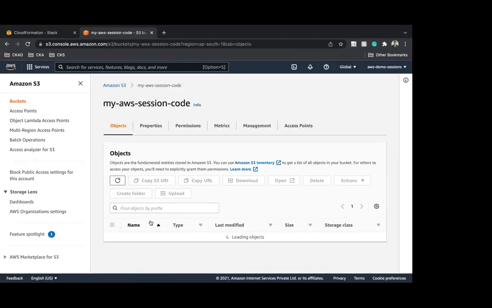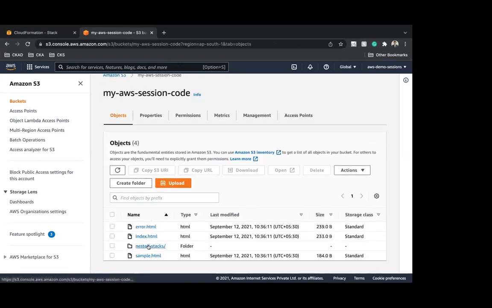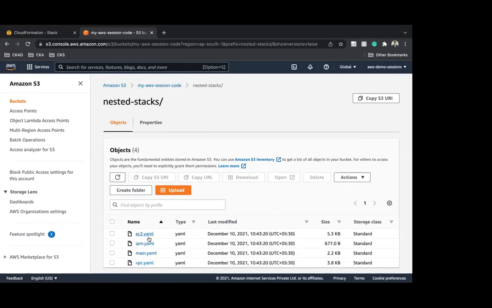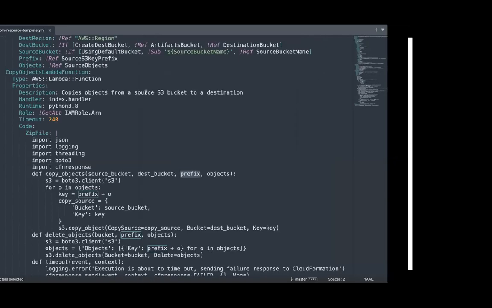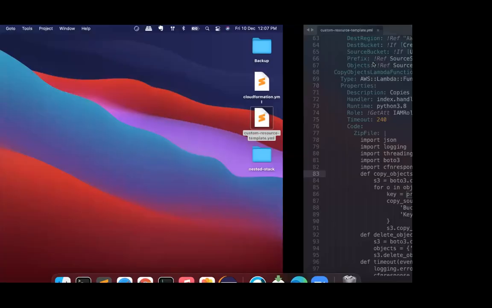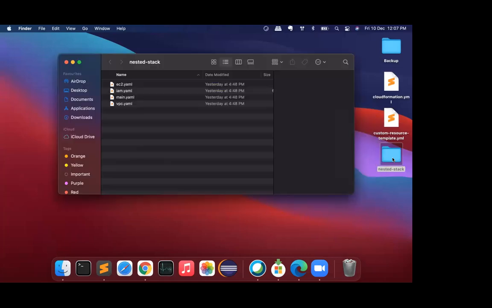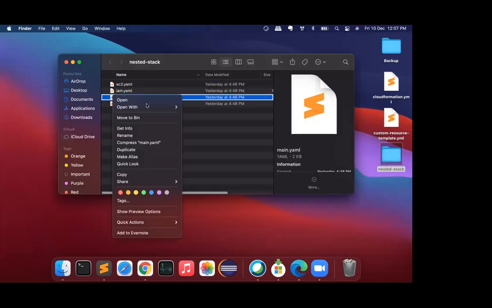right? So for an example, I have loaded all those under nested stack folder in one of the S3 bucket. I've loaded all those templates, because by default, the first template you can upload locally, but the remaining child templates, by default, CloudFormation will look up to the S3 bucket in a defined format. So if I quickly open one of the CloudFormation templates, let's say if I go to the nested stack folder, and if I open the main template,